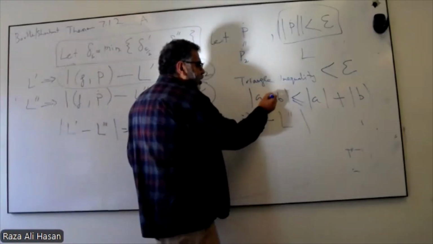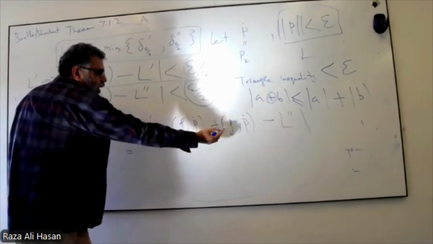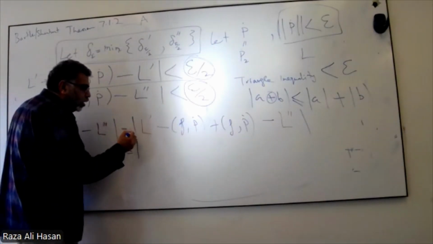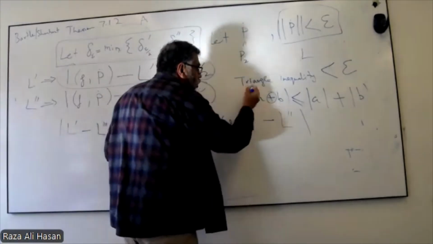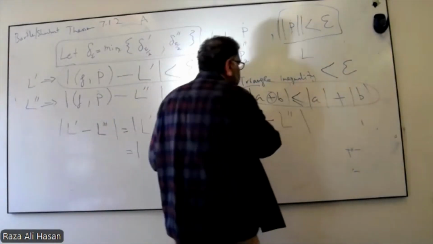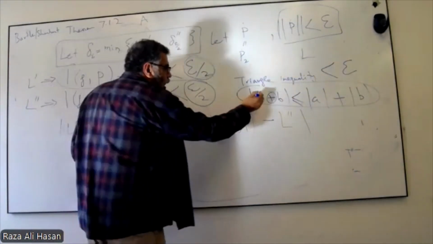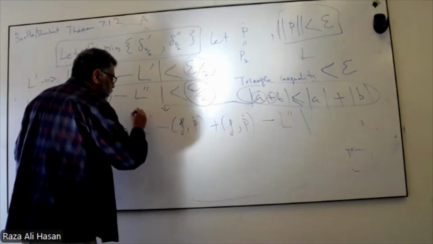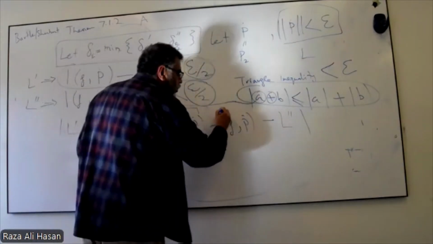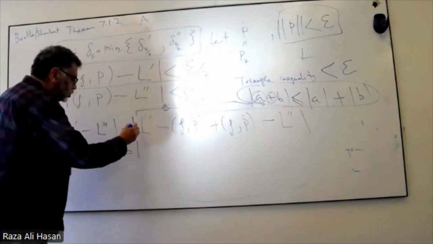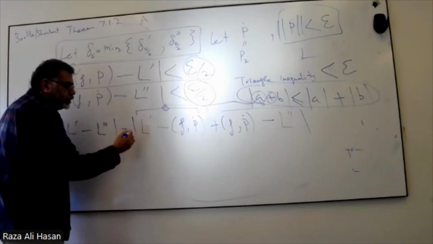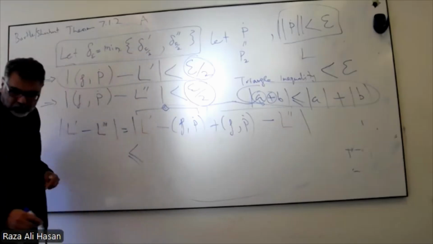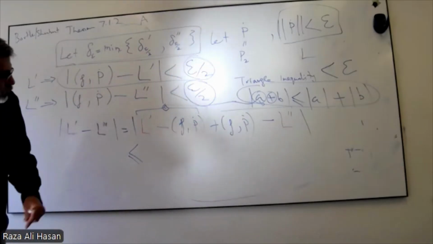Because remember, we've got a plus here. The order doesn't matter, right? So now, what do I do? The next step is I want to make this thing look like that. So I'm applying the triangle inequality. So this whole thing is RA, and this whole thing here is RB. So our next step will be that this whole sum is less than or equal to